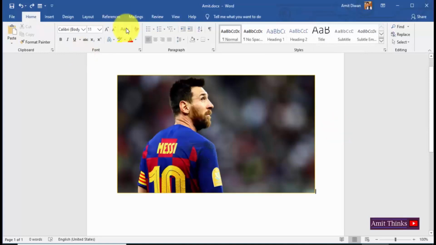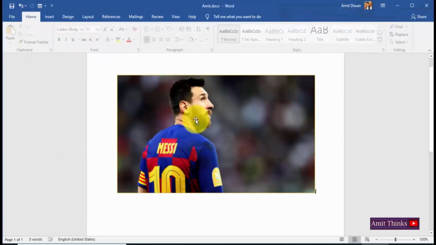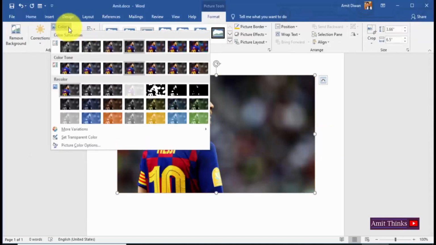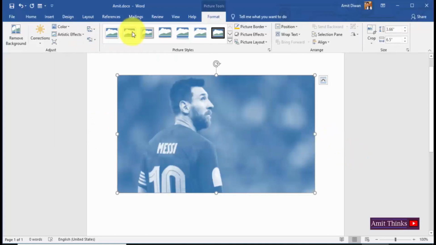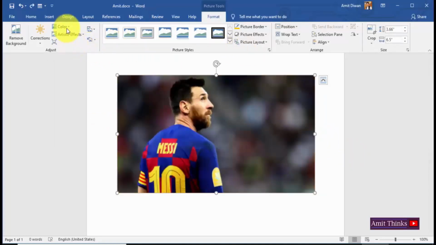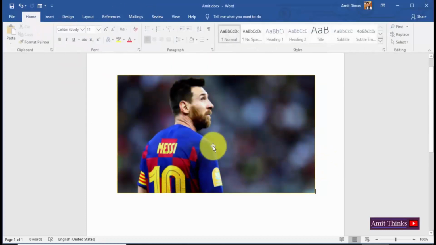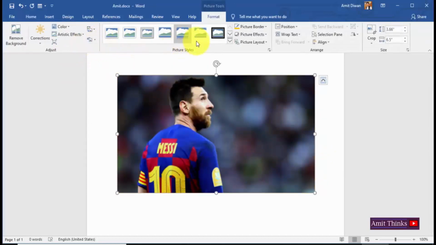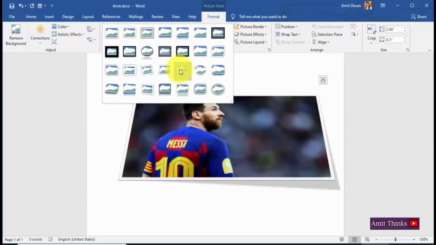Now what we'll do, we will make some changes and save it. Go to format, I'll add, let's say, this, soften 25%. Now after selecting, go for color, or okay, I'll go for this. Okay, after that, okay, leave it. I'll set another color tone. This looks really good. Now after the color tone, I'll add a border also. This looks like a good frame, or let's go for